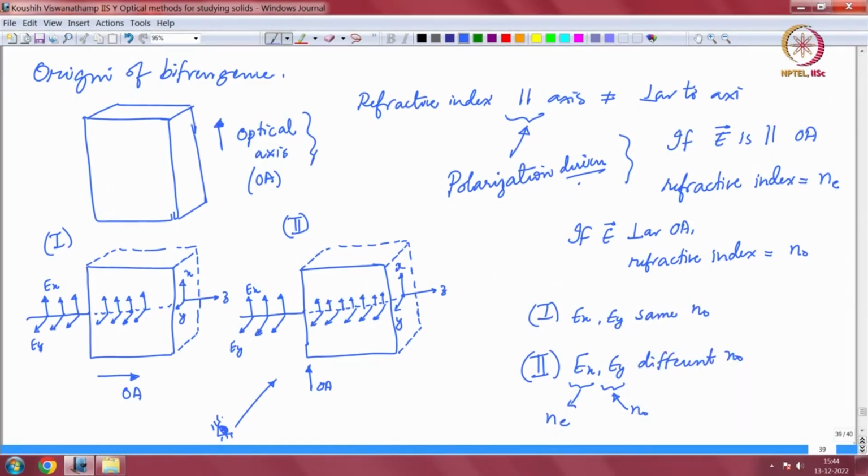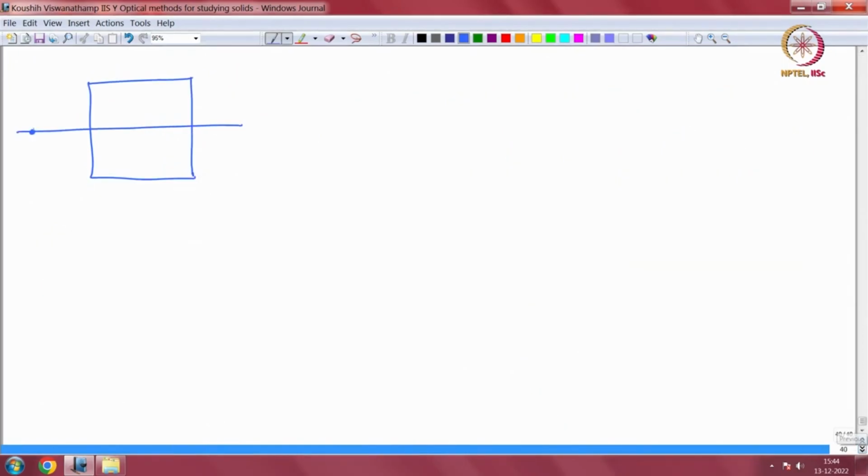The x polarization will be up and down, I will denote it by a little line. So, this is my y polarization, this is my x polarization. Okay. So, if the optical axis is in this direction, then one of them will lag behind the other,